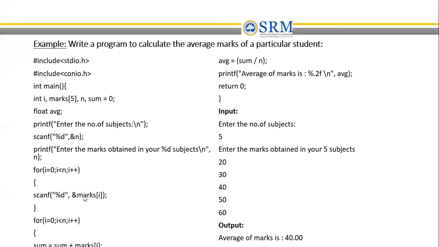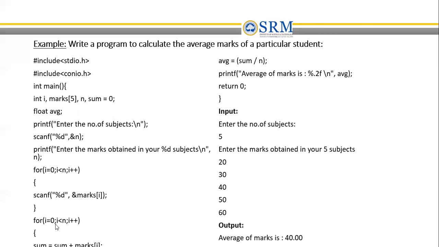First we gave the mark of 0, now the mark of 1, which is given as 30. Again you are taking the next input. I becomes 2, it checks 1 less than n, which is true, so I is incremented to 2. Likewise the increment happens until it becomes 4, 4 less than 5 is true, then it increments to 5 and the loop ends. So you have got the 5 marks.